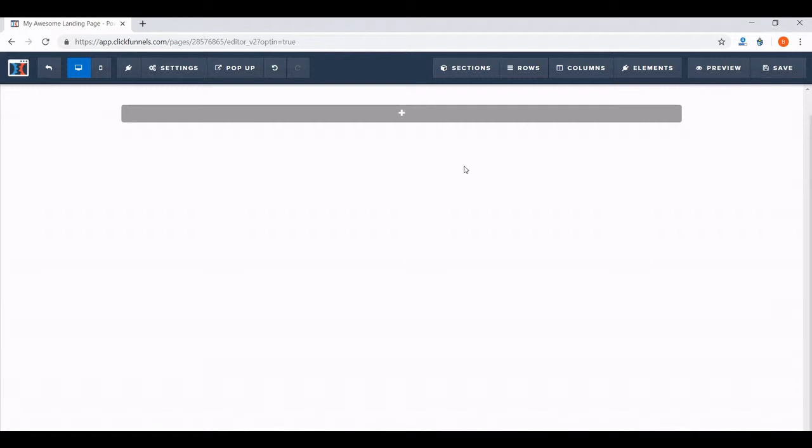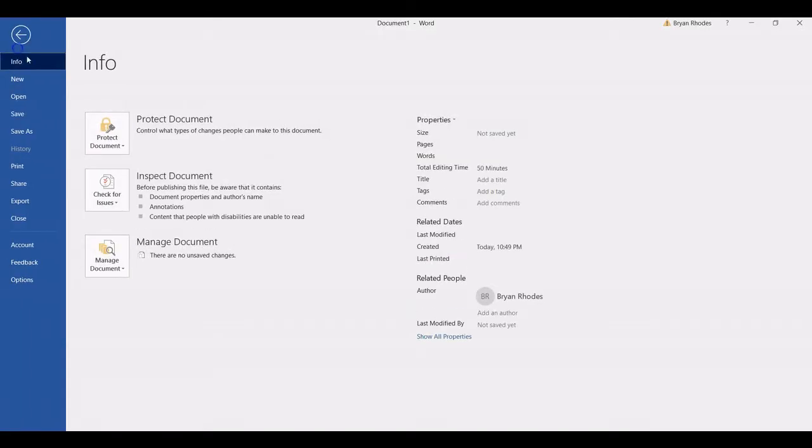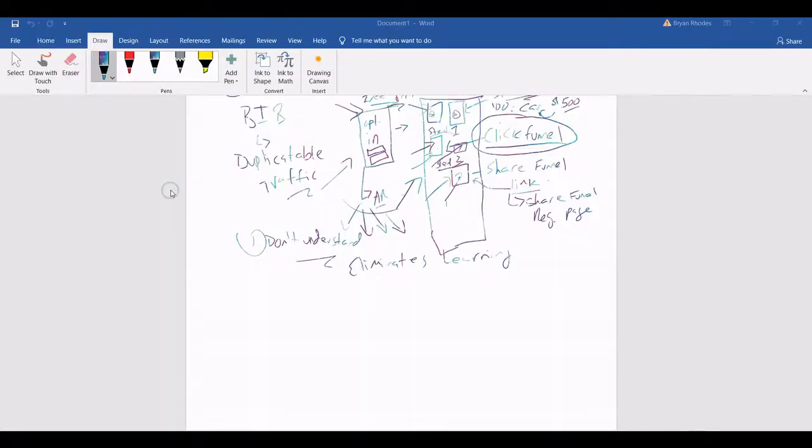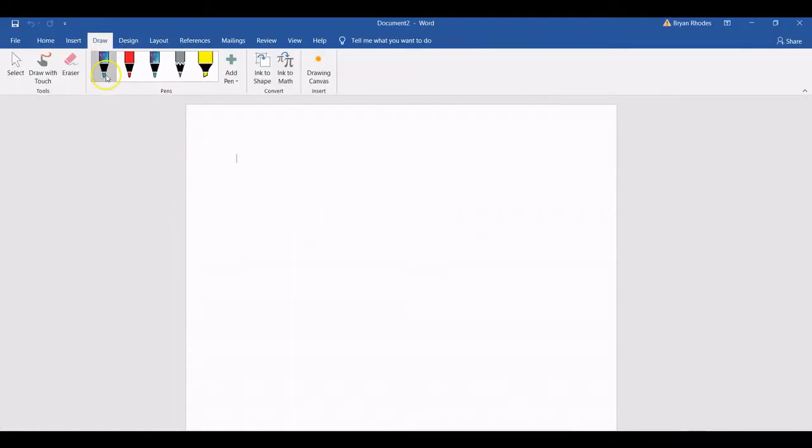Now, most opt-ins will follow a pretty standard pattern. I'm going to come over here to my drawing pad. It's just a Word doc, whatever, but I'll call it my drawing pad. Most opt-ins will follow a pretty standard design. There will be some variations, but generally speaking, here's how it's going to work. You're going to have your page here. Let's see if I can draw a rectangle. Good enough. So you're going to have your opt-in page,